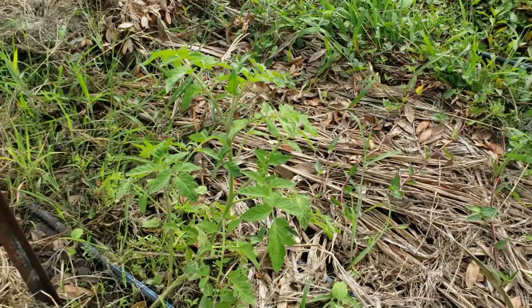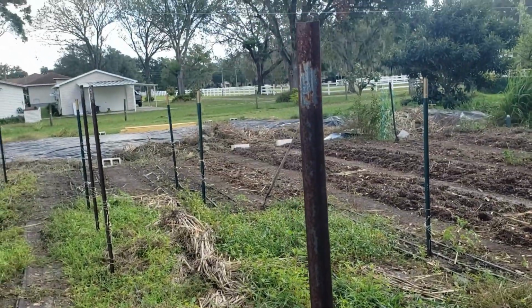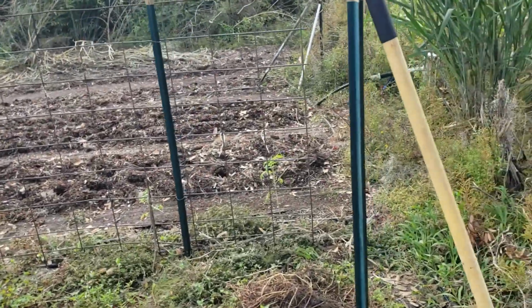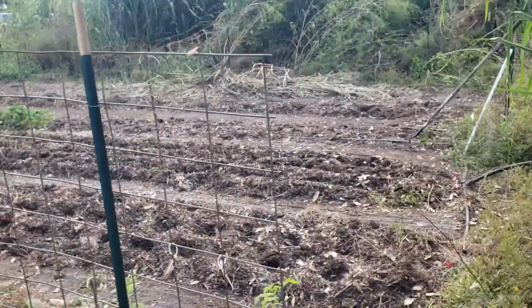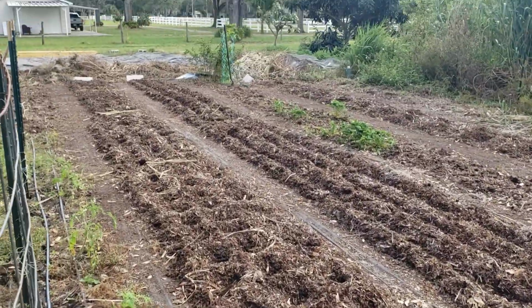They're growing nicely. Several of them did not make it, however, where the poles are, where the posts are, they did. So happy about that. Over here I have planted these rows